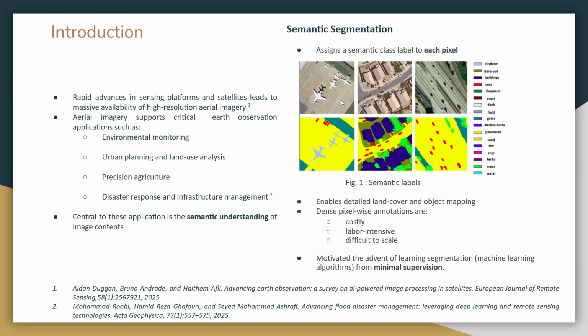The problem, however, is annotation cost. Dense pixel-wise labeling done manually is expensive, time-consuming, error-prone, and cumbersome. So instead of dense labels, we often have weak annotations, say point annotations, but they are cheap, but they provide very little spatial information. This creates an ill-posed learning problem. The model must infer full object shapes from only a few labeled pixels.